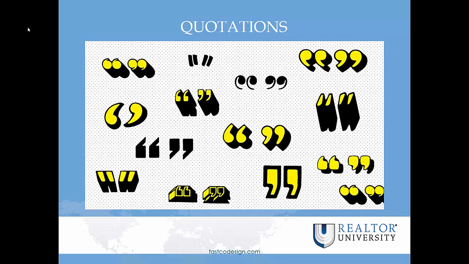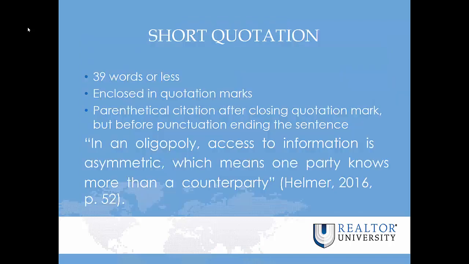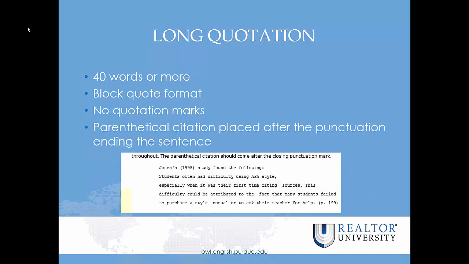APA recognizes 2 types of quotations: short quotations, which are 39 words or less, and long quotations, which are 40 words or more. And yes, APA expects you to count the number of words. Short quotations should be enclosed in quotation marks, and the parenthetical citation should come after the quotation marks, but before the punctuation ending the sentence. Long quotations should be in block quote format,